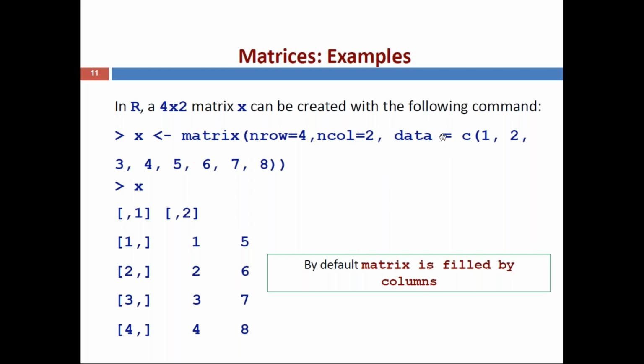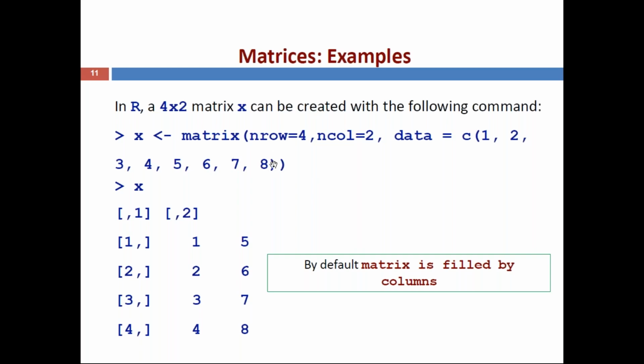If you don't provide this data, then the matrix is null, an empty matrix. So if you want some values, you can provide them through data. So here data equal to, you can give using c of, the combine command. c of whatever elements you want, but equal elements that can be distributed into 4 rows and 2 columns: 1, 2, 3, 4, 5, 6, 7, 8. So 1 to 8 elements are given.